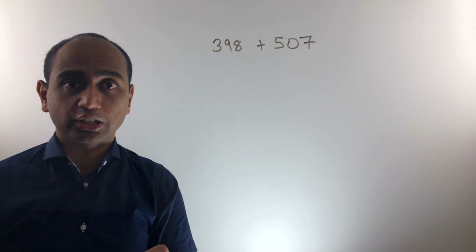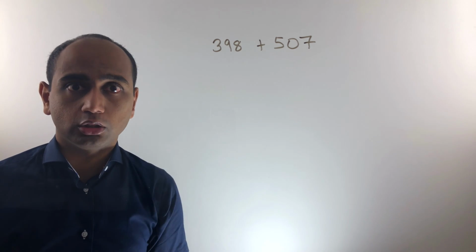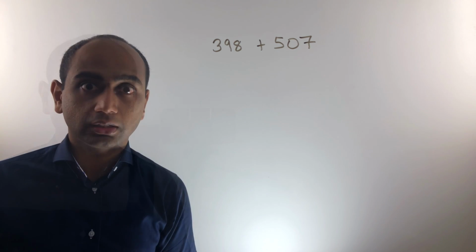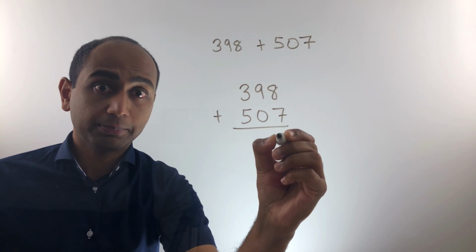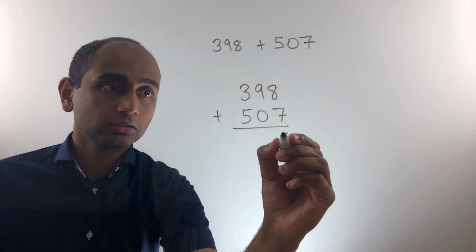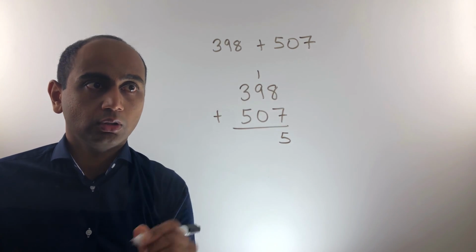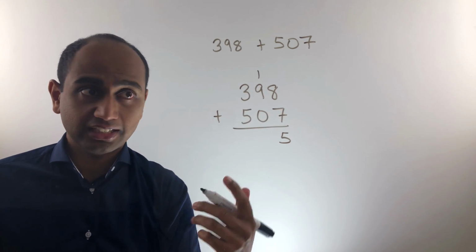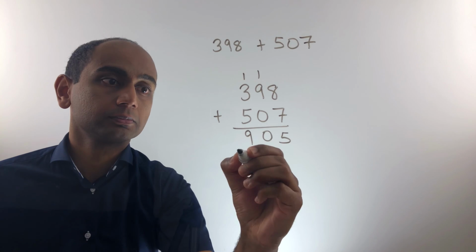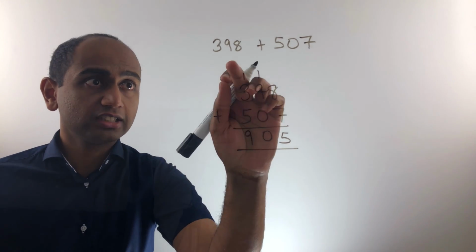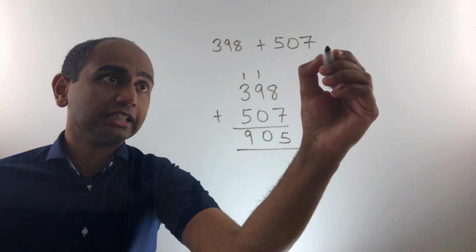Here's the next question. Pause the video and have a go at this one for yourself using column addition. Here's the answer. 8 plus 7 is 15. 1 plus 9 plus 0 is 10. 1 plus 3 plus 5 is 9. So 398 plus 507 is